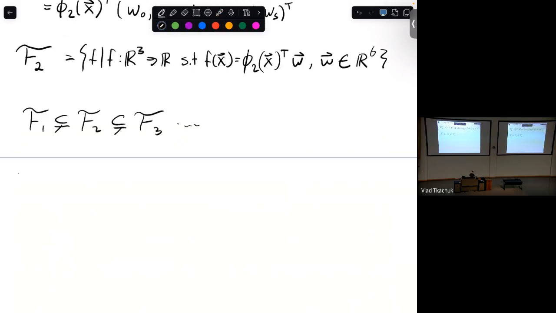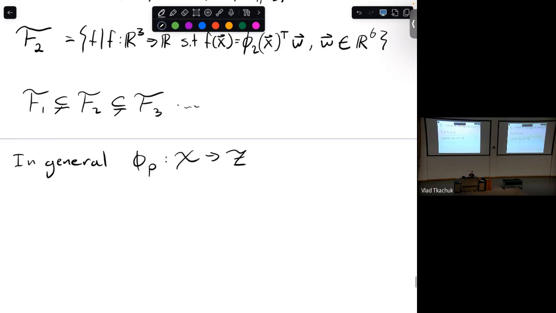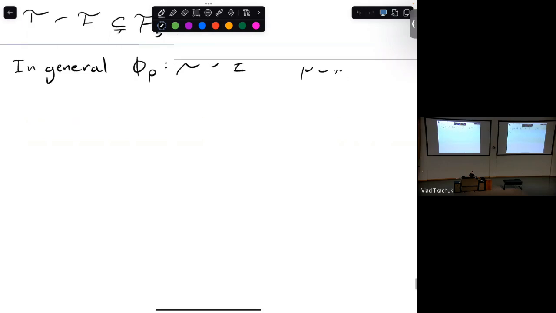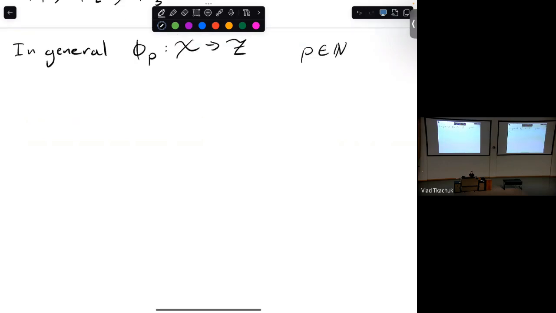Okay, so yeah, in general, the way this works is that this phi p function, p is for the polynomial degree you're gonna use, is gonna be a map from the original feature space x to some new space z. Okay. And yeah, this is a degree p polynomial map. And here p is just like some natural number. Okay. And the way it works is like this. So if x